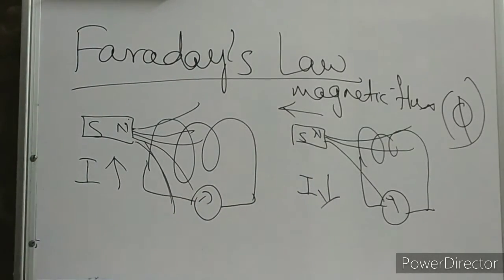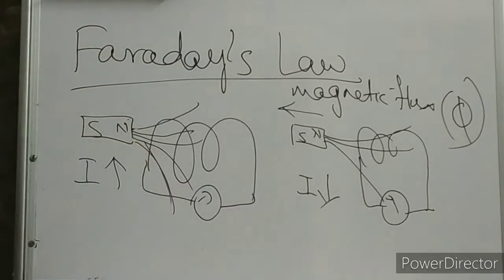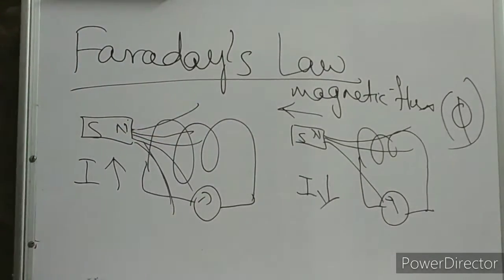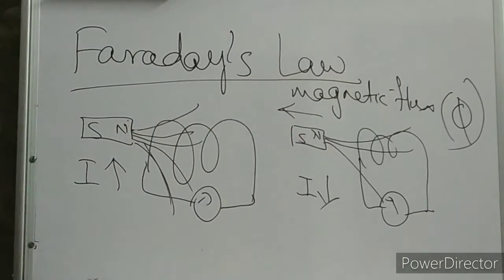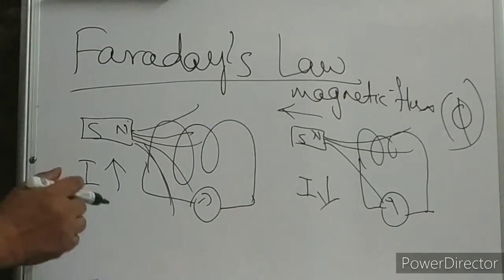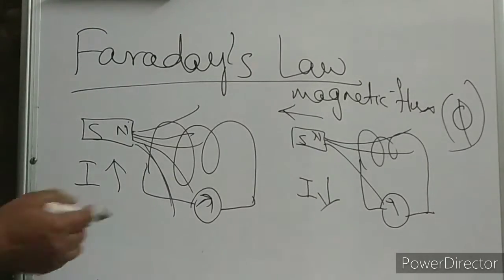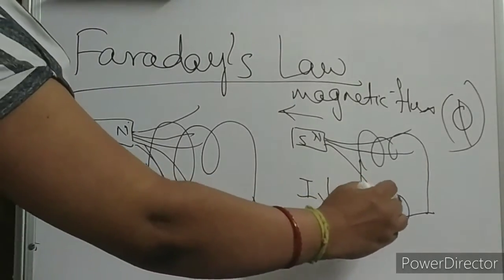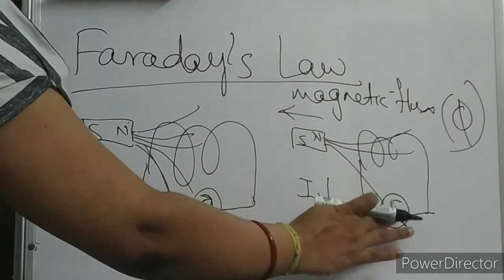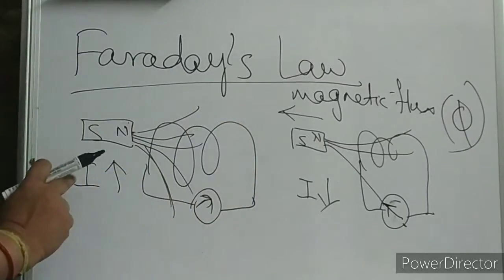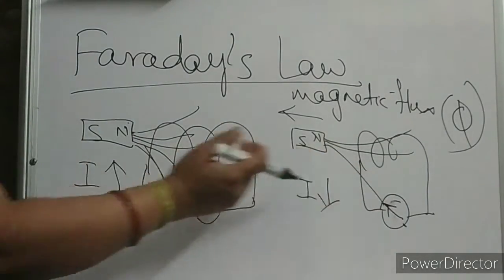So here it is an increase in flux and here it is a decrease in magnetic flux. We have also studied that, suppose the galvanometer deflects in the right direction in this case, then it will deflect in the left, just the opposite direction, when it is moving away. That means when current increases in one direction, when current decreases